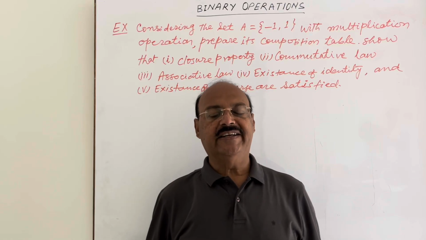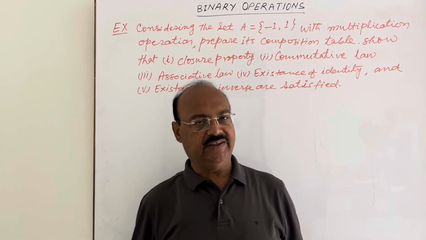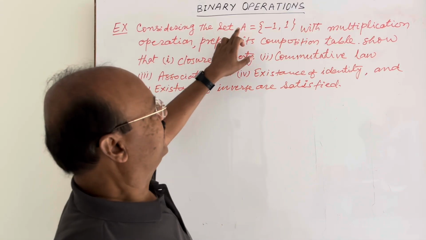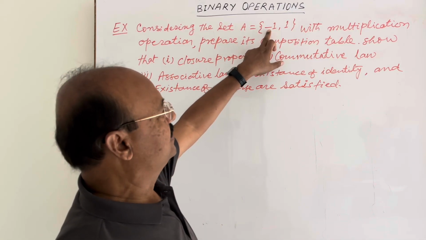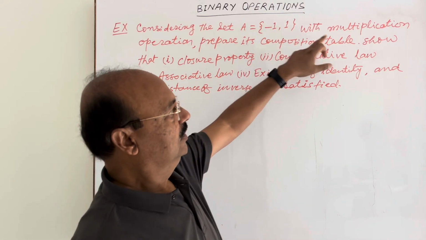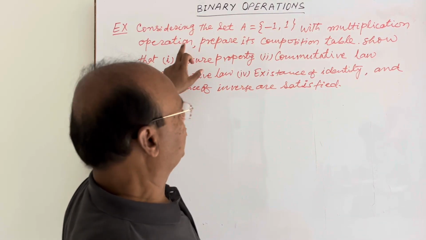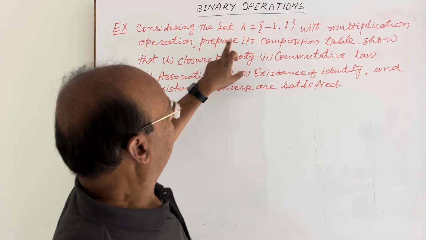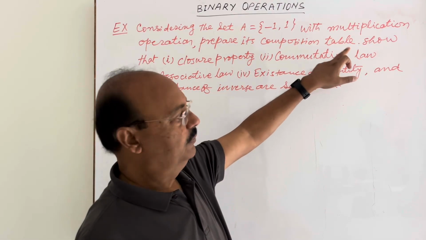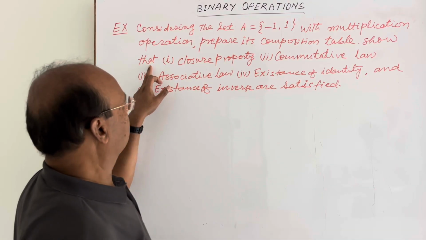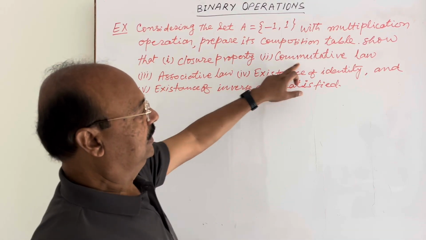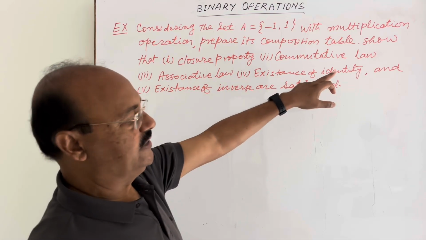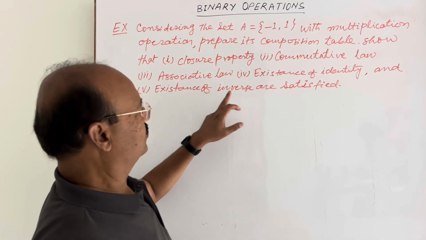Here we are discussing an interesting question from the chapter binary operations. The question is, considering the set A having elements -1 and 1 with the operation multiplication, prepare its composition table and show that closure property, commutative law, associative law, existence of identity and existence of inverse